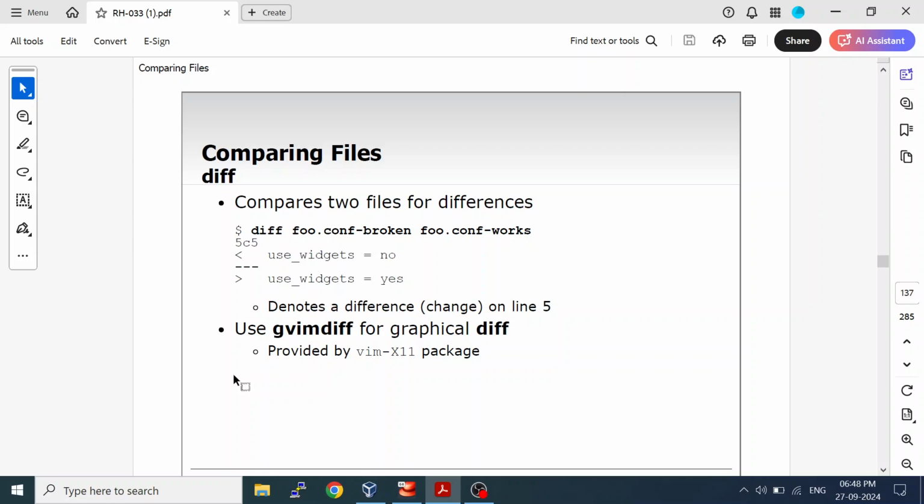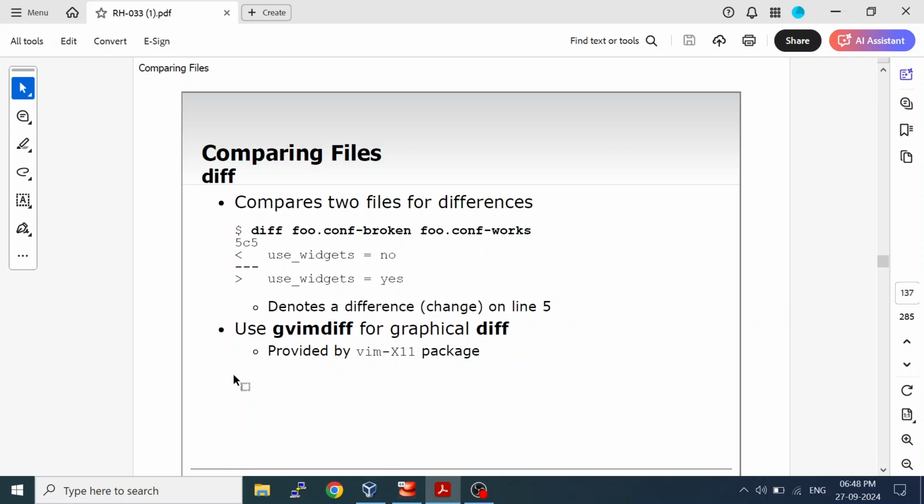Next is diff. Diff is very important. Sometimes we match with some sample file line by line and check where we have made mistakes. Say you have a sample file with your friend, and he is doing it also and you are also doing it. For him it's a success, for you it's not. So what will you do? You do a line by line check. So it is tough. For that condition, when you want to compare two files, you can use the diff